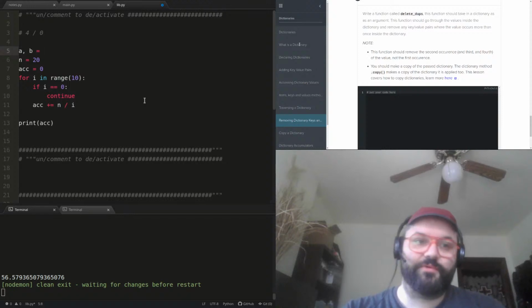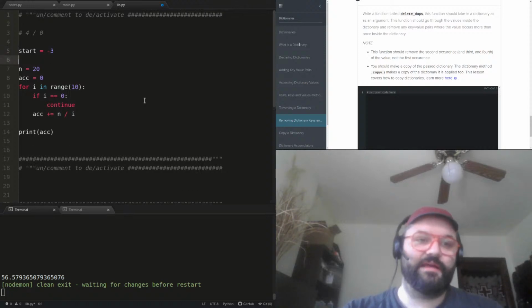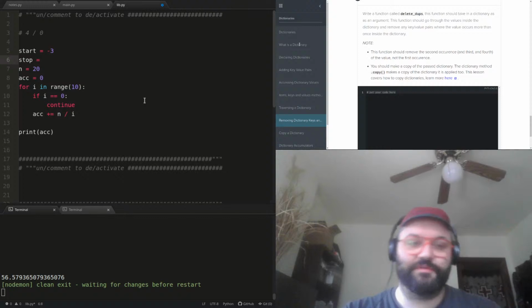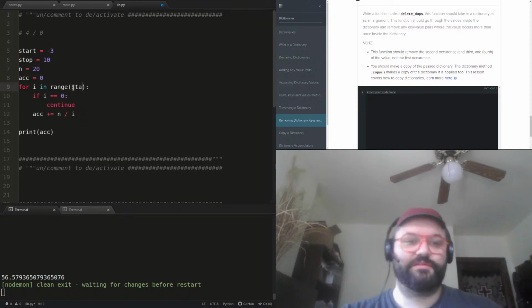I'll do these on different lines. Let's call it start equals -3, and stop equals 10. There we go. So I could do start and stop here, starting at start and stopping at stop.